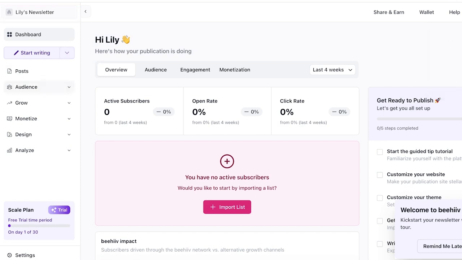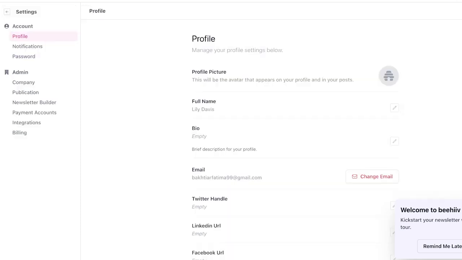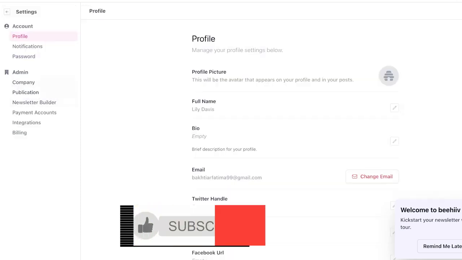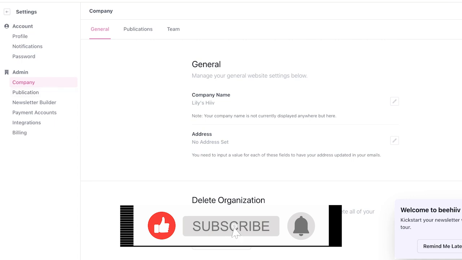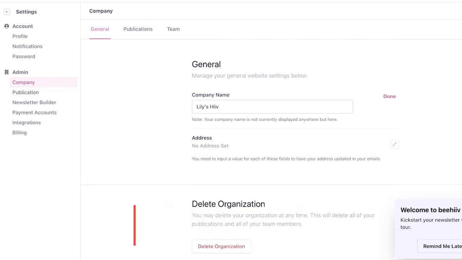Now, to get started, the first thing I like to do is go into settings on the bottom left, and make sure that all of my settings are correct. So you can go into admin and then go into company, and then you're going to enter your company name. So this is going to be Lily